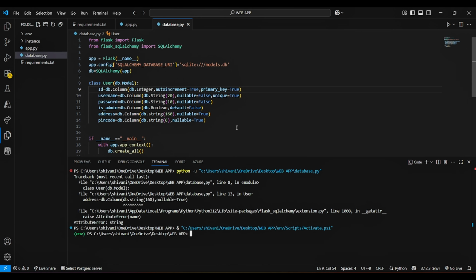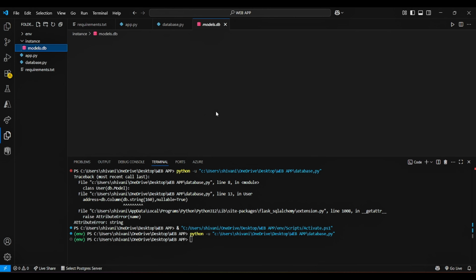As you can see, I got the instance folder, but I got the attribute error. So let's solve it. And now I got the models.db, where user is the table.